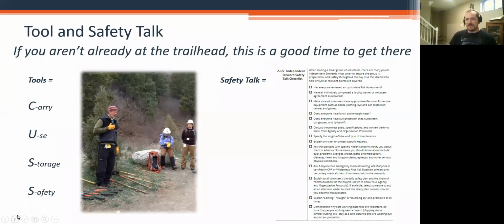For these trainings, we've essentially been handing out the quick reference cards minus the blue cards, minus the crew leader stuff, which has the crew leader's daily reminder and the feedback and the conflict resolution stuff. That may still be useful, but since we're not teaching to it as part of this training, those are really the elements that do not appear in this training. We're not handing them out, but the red safety cards and the black trail cards do get handed out for reference for people that are taking a trail adopter training. Now, again, for your own use in your own groups, whatever, mix and match as you like. The way that we're doing it, if it's not a crew leader training, we're leaving the blue cards at home.